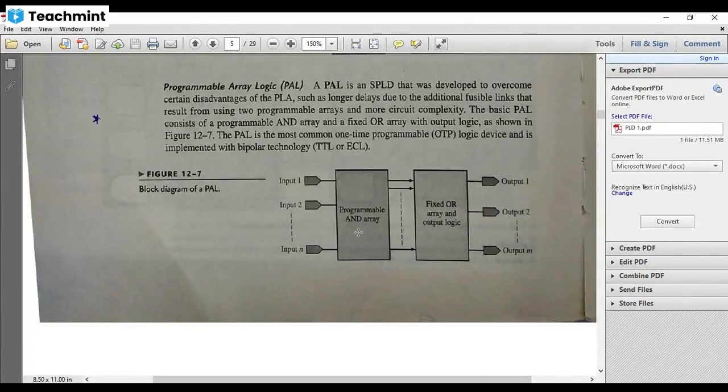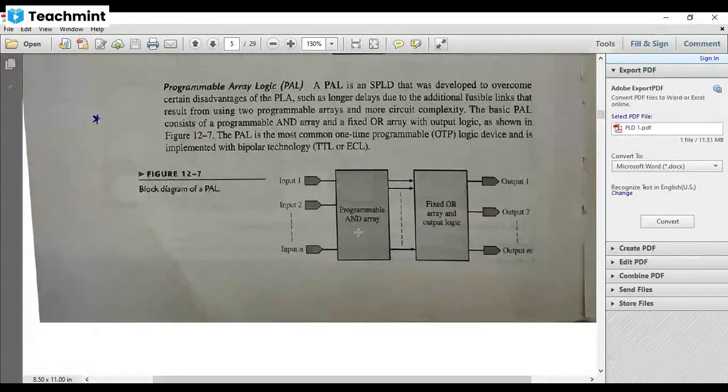These are the limitations of the programmable logic array that are to be overcome here in the programmable array logic. The limitation in the programmable logic array is the circuit complexity for programming, since two chips are programmable. In the same way, here only one chip is programmable. So the complexity is reduced, and the power consumption is also reduced.